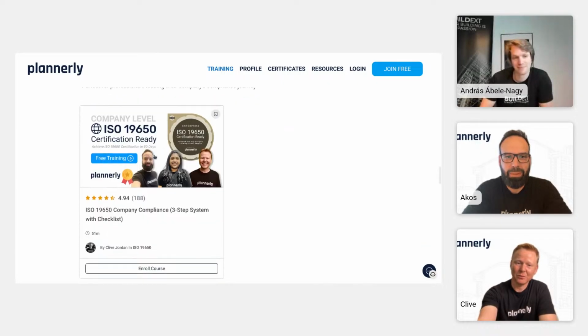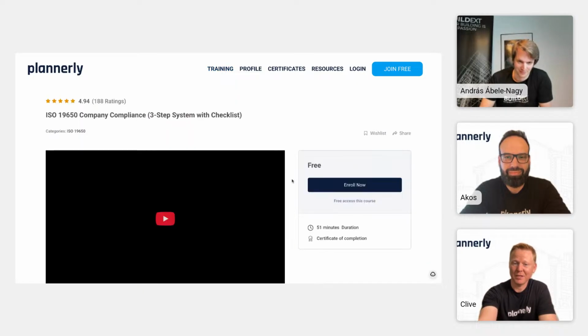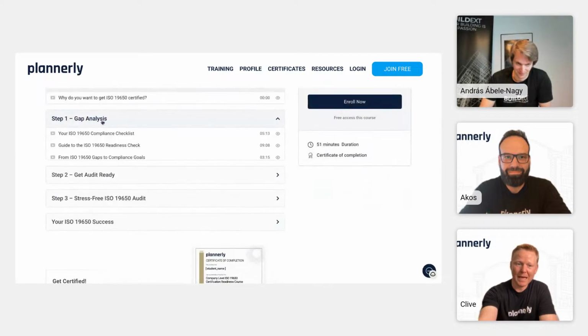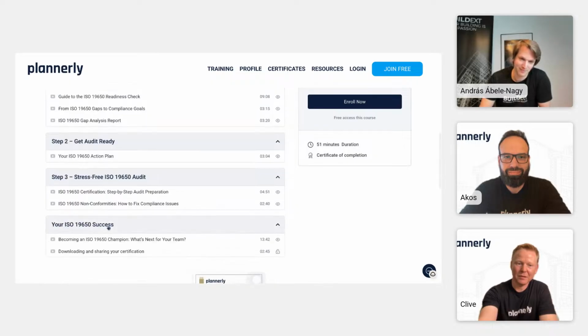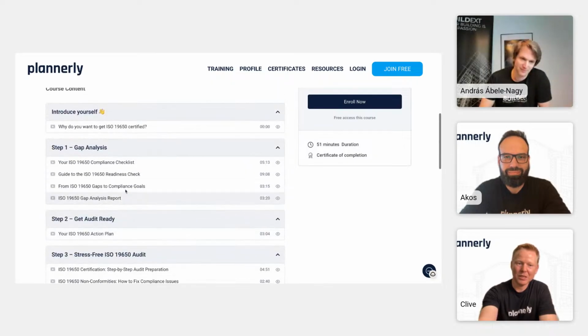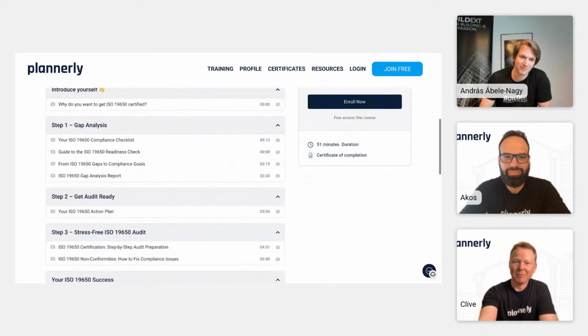It takes you through that whole workflow and gives you a checklist of the things you might need to do to achieve ISO 19650 certification. Inside of here, there's a gap analysis and a checklist of things you need to do to actually get ready yourselves. That might be something worth checking out if you haven't seen that one already.